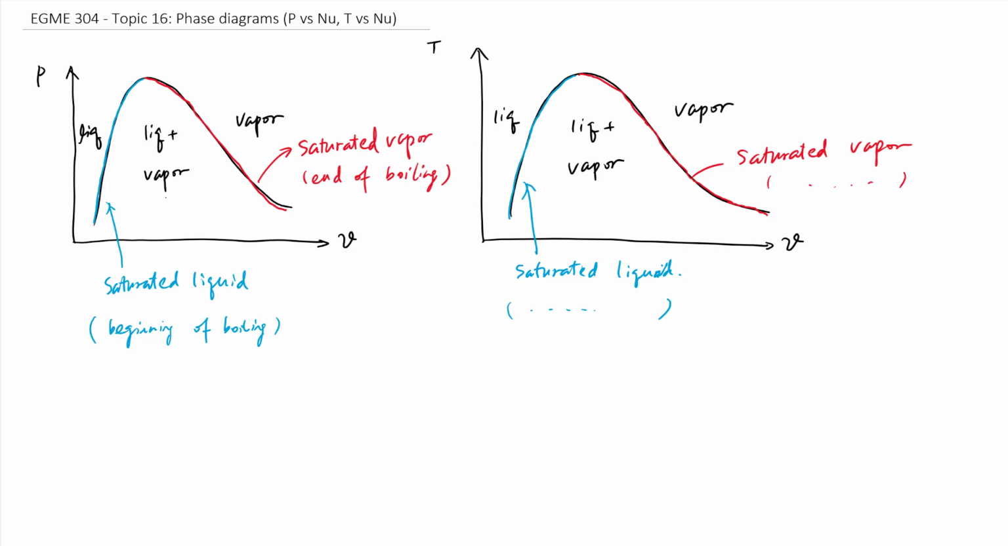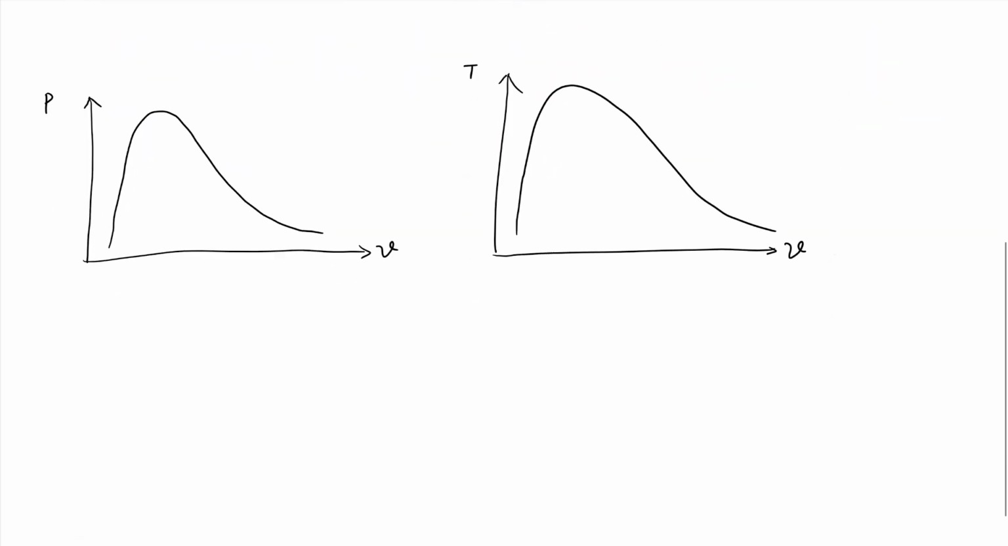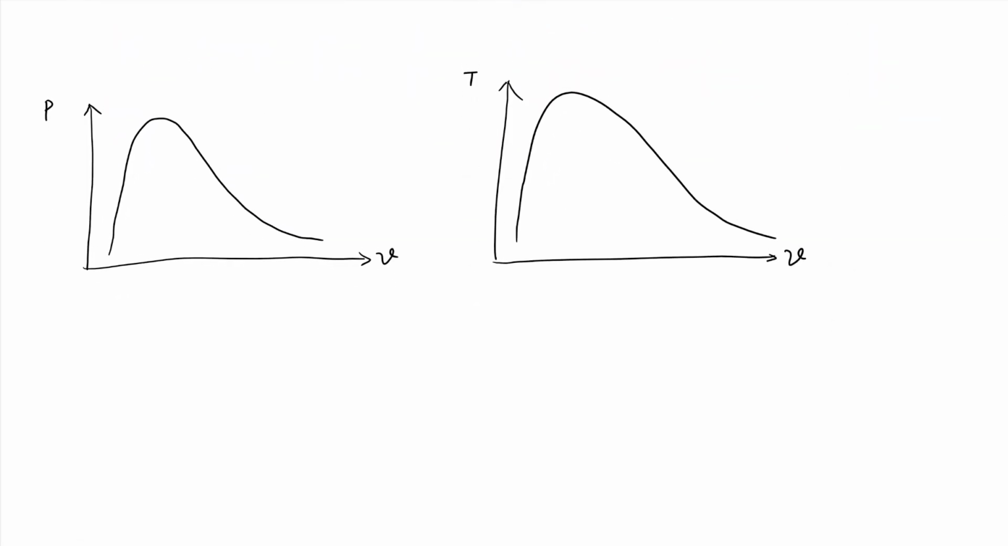Okay, in addition to this, we have some constant pressure and constant temperature lines on each of the diagrams. On the first P versus nu diagram, we can have constant temperature lines. The shape of such a line is like this. It curves down first, and then it goes straight, and then it continues to curve down. This is called a constant temperature line,